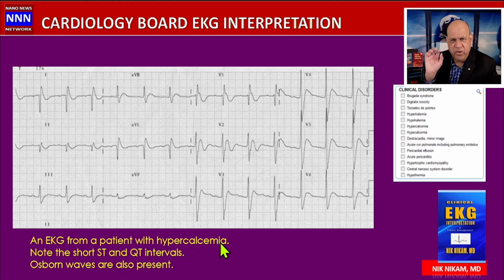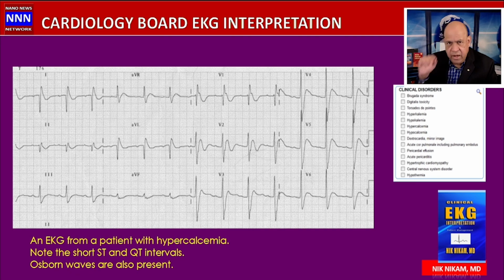Some of the important features of hypercalcemia are a shortened QT interval and what looks like an Osborne wave, whereas the ST segment is elevated with a rounded top and an inverted T wave, which is also seen perhaps in patients with hypothermia, of which I have an example. So whenever we see something like this with a short QT interval, we should be thinking of